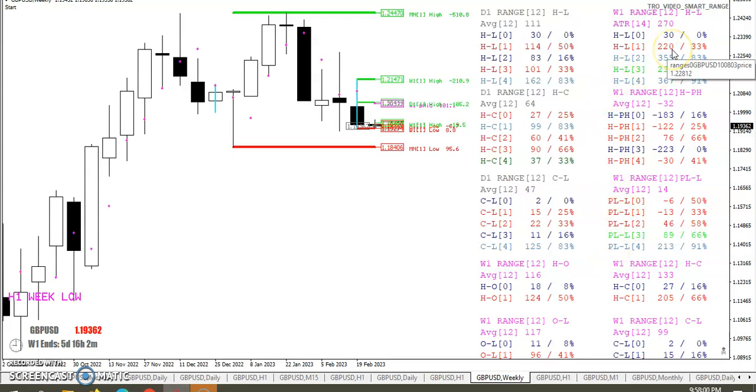But you can see here, the last 4 weeks, nothing over 400 or 500 off of that previous high, or the current high rather. And so monthly high, I don't think we're going to break that monthly high. I don't think there's any significant news events to break it, so we'll just have to wait and see what happens. Maybe they're going to run the stops at 1900 just to see. They might even try to run the stops at 1800,